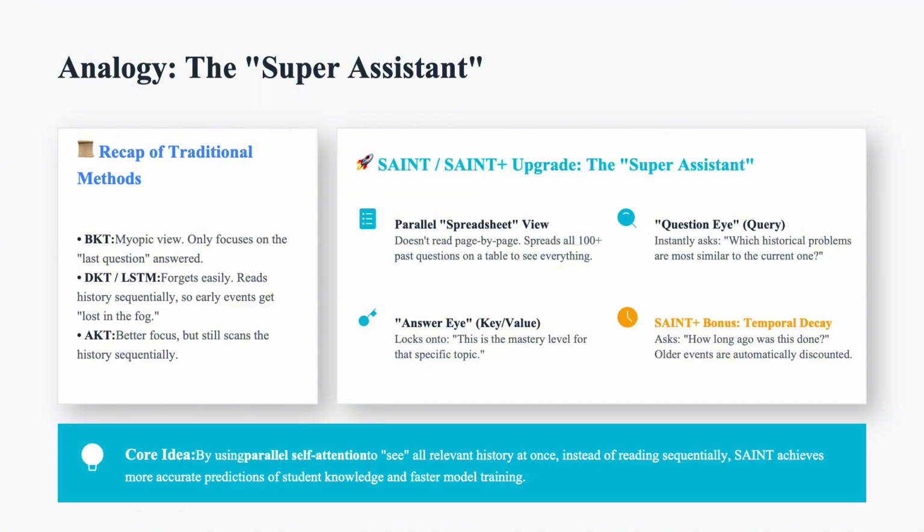Saint changes the game. Imagine a super assistant who doesn't read a notebook page by page. Instead, they take a snapshot of the entire notebook and use AI to instantly highlight all the most relevant parts. This is the power of parallel processing with self-attention. Saint Plus adds another layer of intelligence by also considering how recent each event was, making the model even more